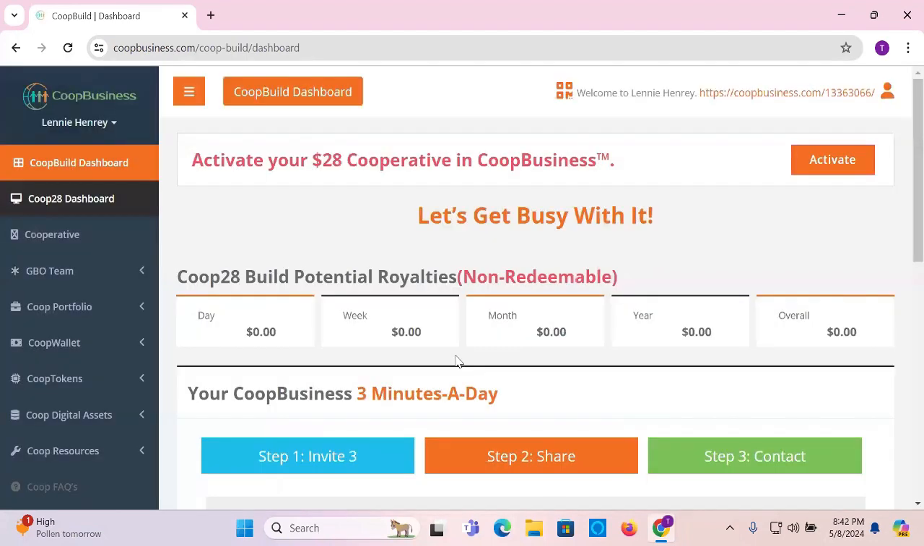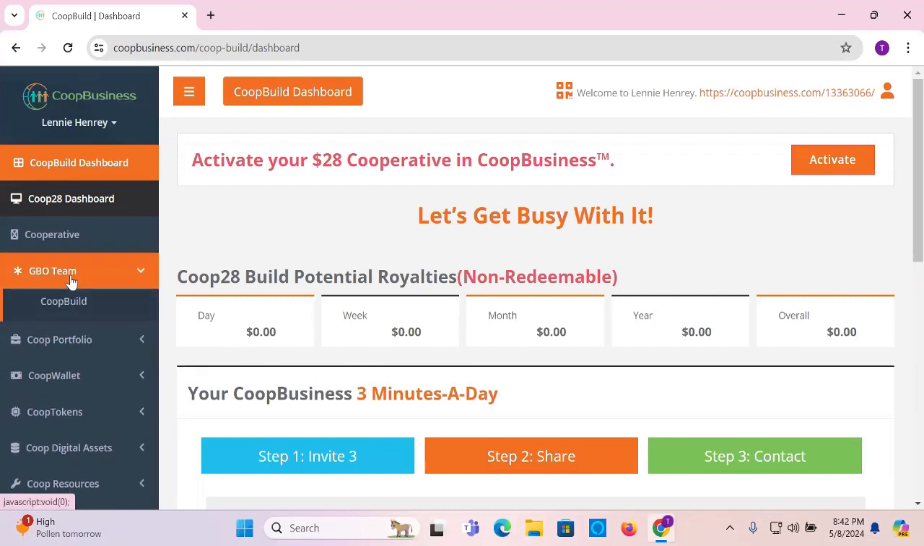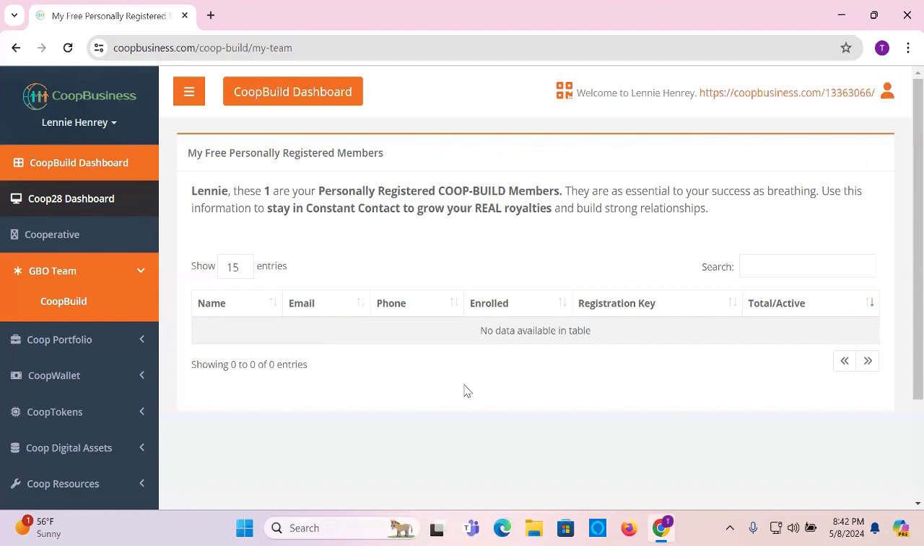All right, not buying tokens. All right, so once again, you want to make sure you point out all of these are zeros. Okay, and if you want to go even further, you go to your co-op team and hit co-op build, and you want to show them that there's nothing here. Okay, so go back here,